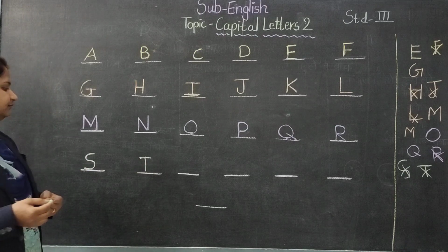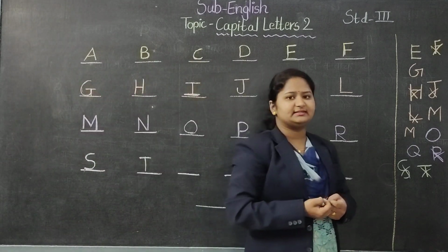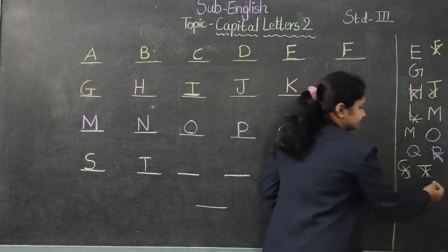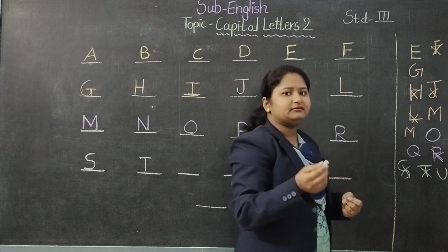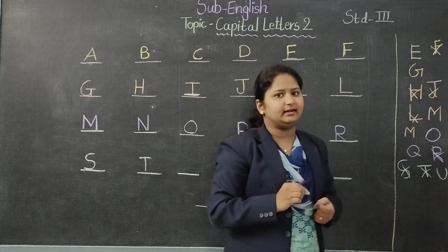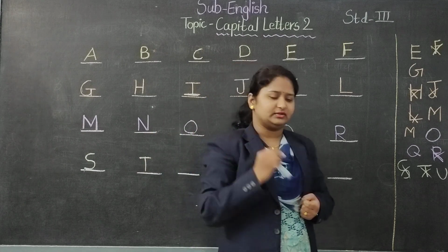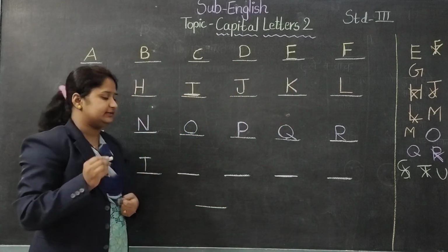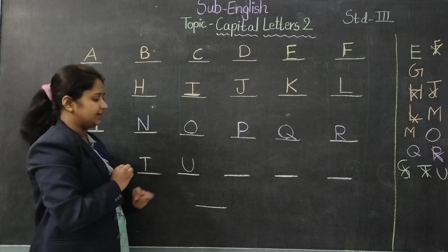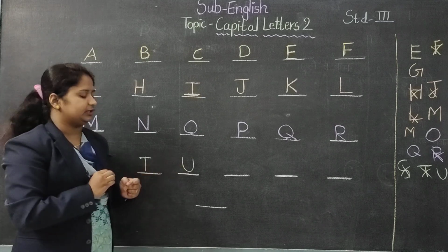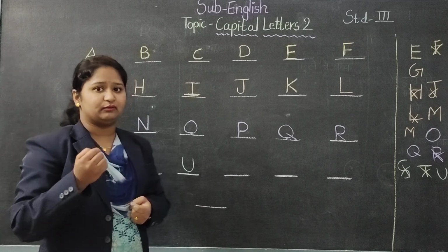Now we will move forward to letter U. Now how some of the students write U, see this. They make it from left to right. But I have told you again and again that we have to write from right to left, not from left to right. In the same manner, we will write the letter U from right to left, and we are done with the letter U. Okay, we'll move forward. What comes after U? V, and we'll see how to draw V.